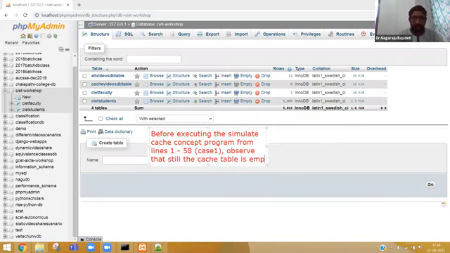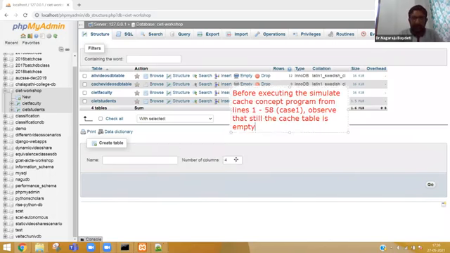It is clearly written here. See, rows equal to 0.